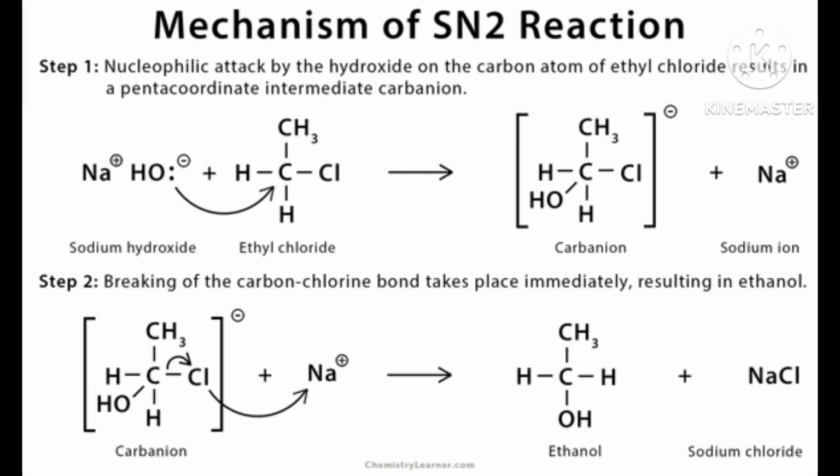SN2 means, as you are remembering, a second order reaction, which depends upon two concentrations, correct? SN2, but one step. Now you answer the question. With cyclohexane, CH2Cl is there, and in the other, Cl is directly attached